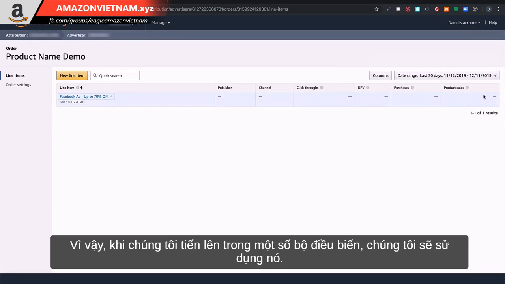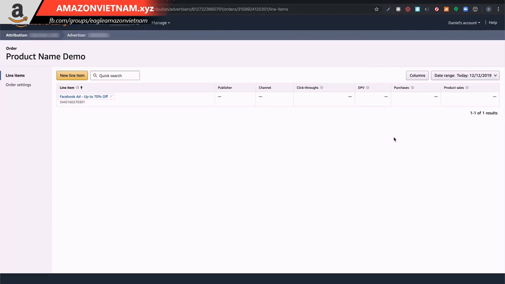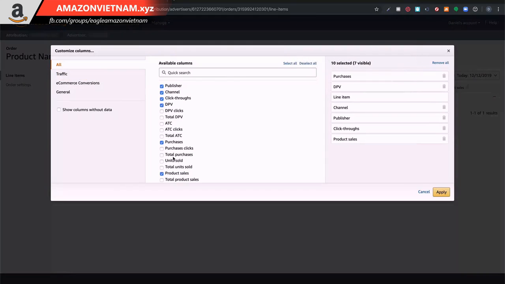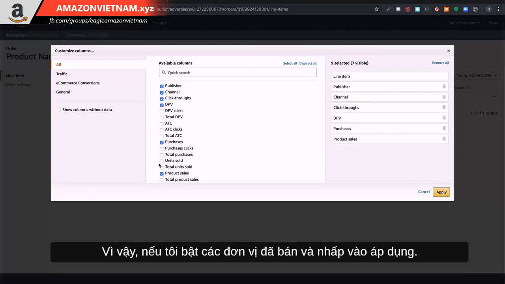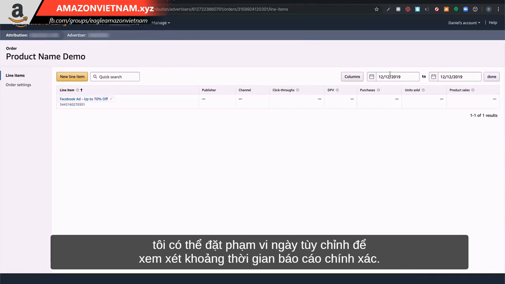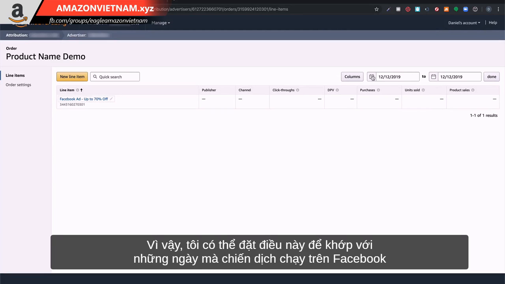So as we move forward into Module 8, we're going to be using the Amazon Attribution program to track the impact of our advertising efforts. You will notice we also have the ability to enable more columns by clicking the Columns button. And you can see we can enable things like total purchases, units sold, and total product sales. So if I enable units sold and click Apply, you'll then see the units sold data column appear. And then using the date range, I can set a custom date range to look at an exact reporting period. So I might set this to match the dates that the campaign ran on Facebook to understand the exact impact